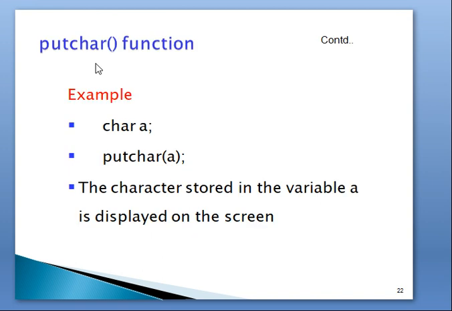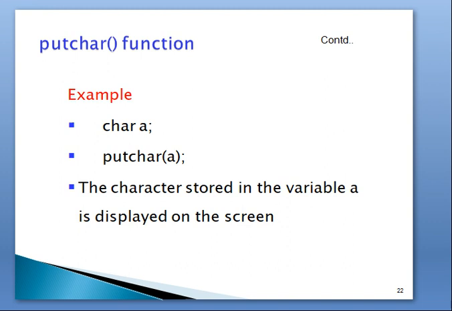The example for putchar function: declare the character variable char a; putchar a, within the parenthesis write a, semicolon. The character stored in the variable a is displayed on the screen.